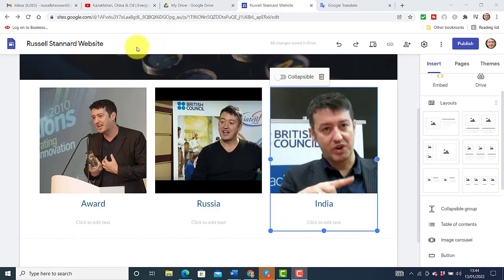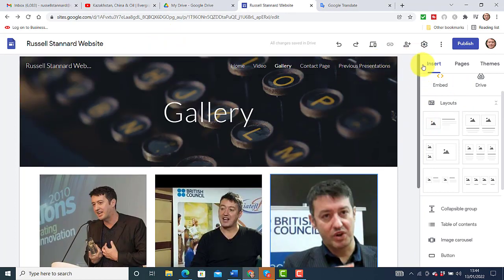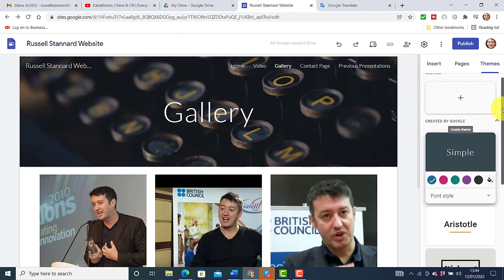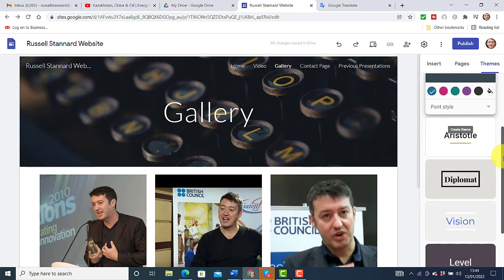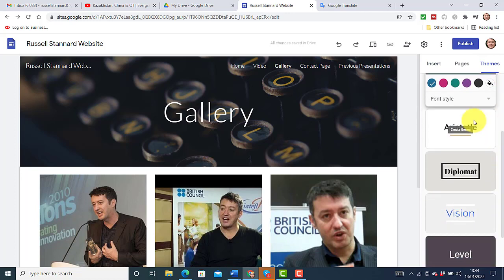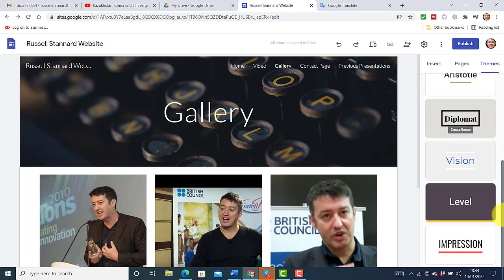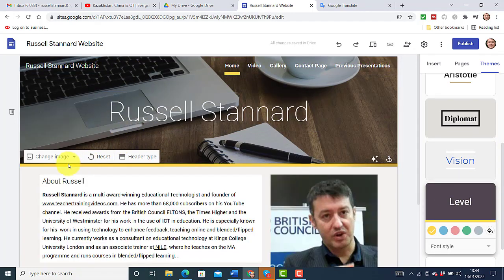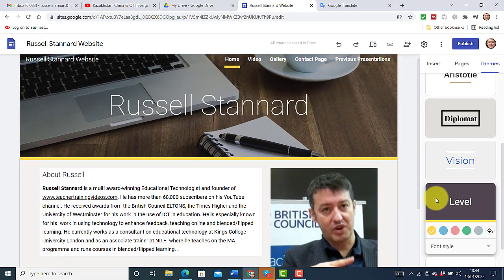Now, another interesting option that we've got is themes. So if we come over here and click on themes, you'll notice that there are a few set themes that we can use, and these will instantly change the text, the colors, etc. A couple that I really like are this one here, level. So if I click on that, and that updates everything, and all the pages now are going to be slightly different due to the fact that we've chosen that particular